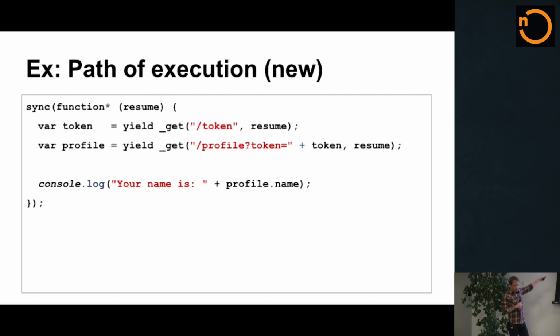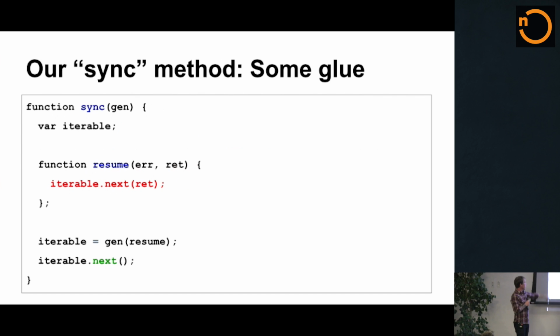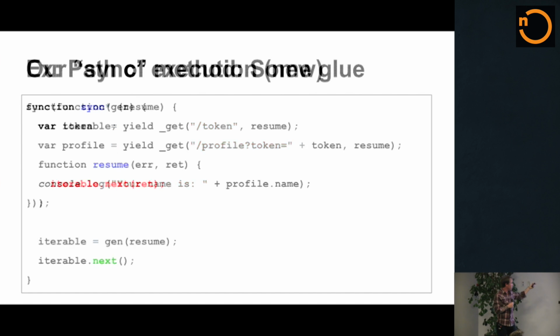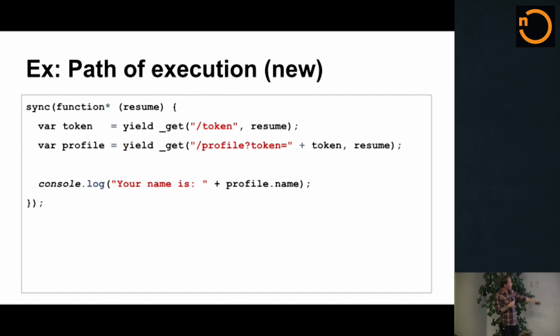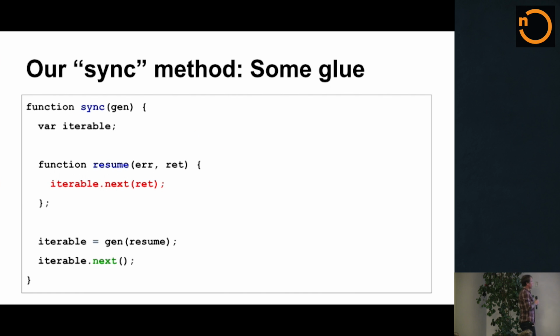The reason that I'm talking about sync, which is something that we'll implement in this conversation today, is just so you can see how you can write a very small amount of code to get this direct style programming feel, which you're going to see here. So sync takes a generator function. In this case, it was an anonymous generator function. You can tell it's got the little star there. It is going to immediately invoke the generator function, which gets you back that generator object.